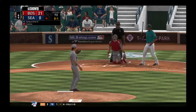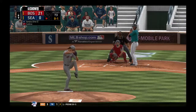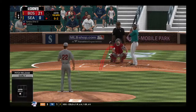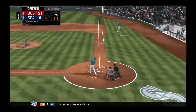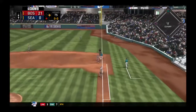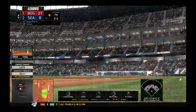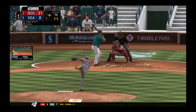Yeah, Matt, there's been a real change in philosophy as far as hitting in baseball today. A lot of guys think now that an out is an out, a strikeout is just as good as a regular out, but we're seeing strikeouts at an alarming rate in baseball right now. And this ball hits the first base, and that is off the first base bag. And he will reach first, but it's very possible that he might have had 2 bases there had that ball not hit the bag. Kyle. First delivery to him on